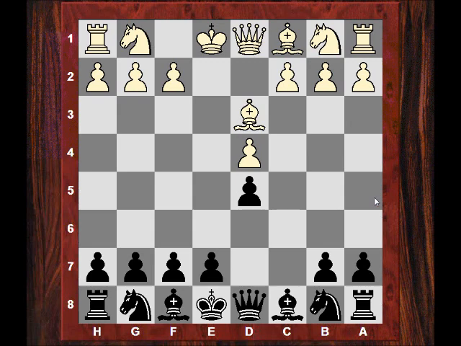This is an easy to play system against the Caro-Kann. Is it mainline? No. Is it easy to keep abreast of all the games emerging around the world? And now we've got the Week in Chess, whatever. Yes, it probably is easier. So what is really the benefit of knowing all the mainline opening theory anymore for either side, when people are really tempted now to just avoid it anyway?